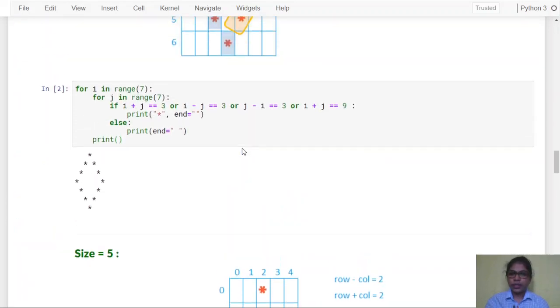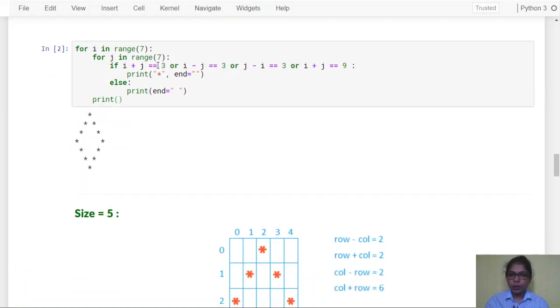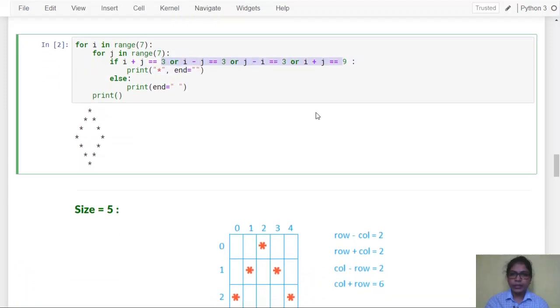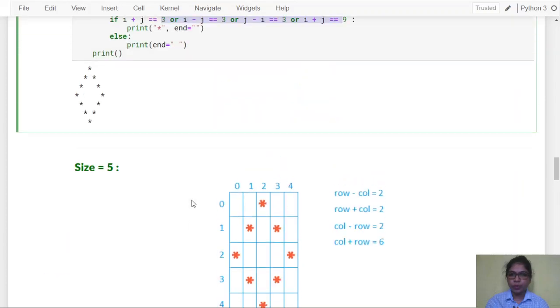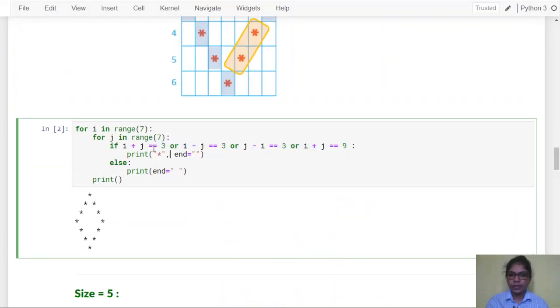if we consider the generalized program, you will notice there is a pattern in these three programs. For the size 7, you will get 3 when you divide 7 by 2: you will get 3.5, and if we consider only the integer part, you will get 3.